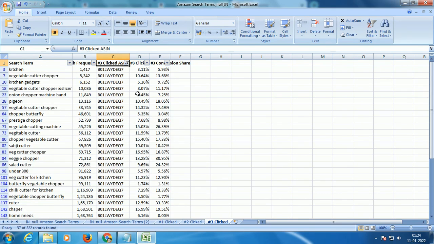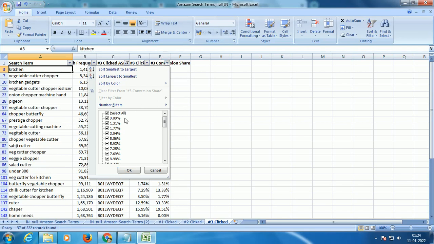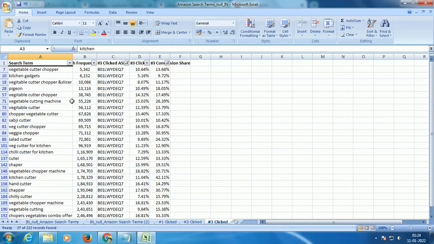Now see guys, for this specific keyword, this guy has ranked for most of the keywords, and you see he has a decent conversion share. But in this case, when he is the third most clicked ASIN, he does not have a very good conversion share for most of the keywords, or for a few of the keywords. So I'll remove that. I'll make a list of keywords where he has greater than 10% click share. Now I'll just make a note of all the keywords.